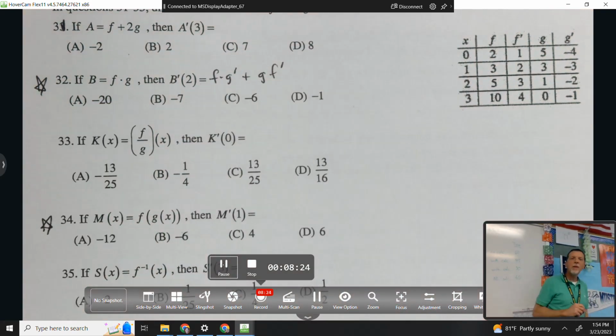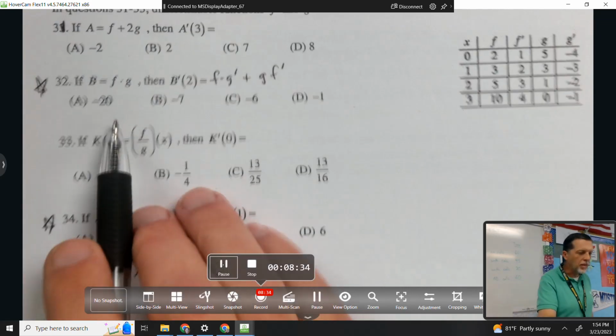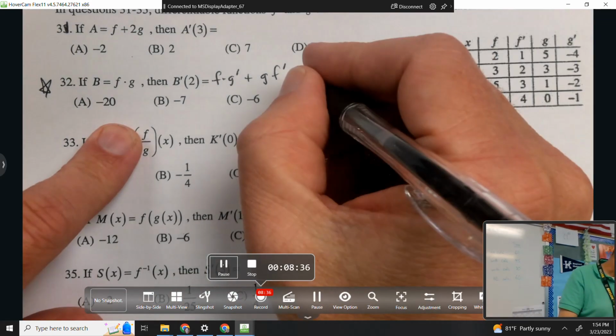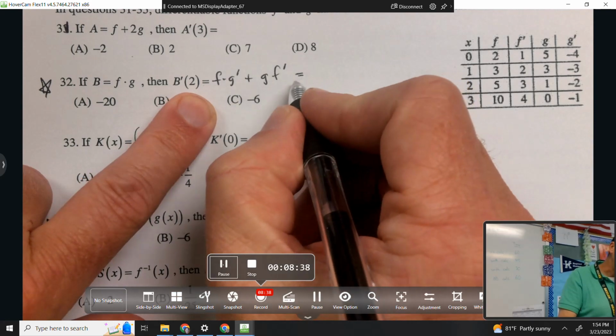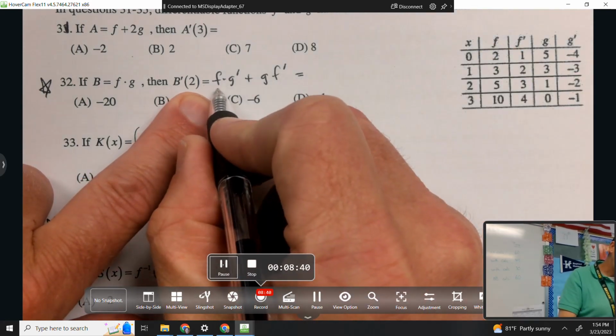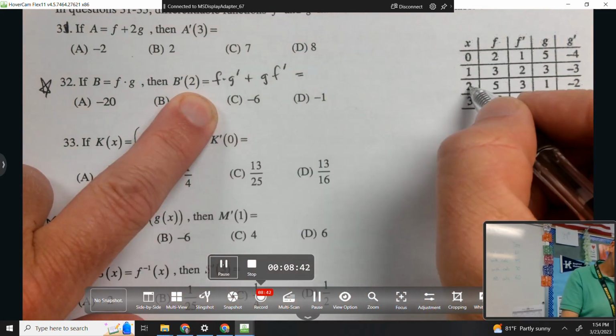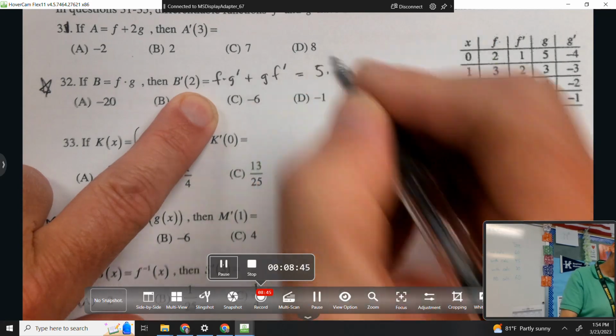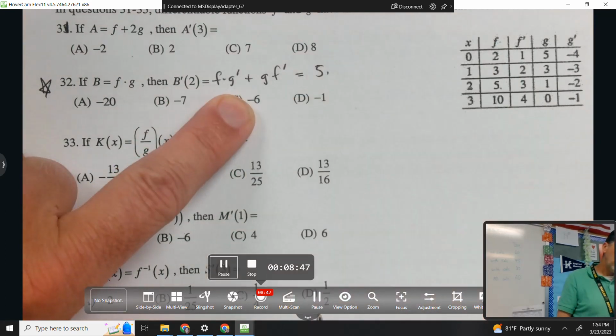So somehow product rule with equations is easier than product rule with just letters for some people. But this is a product rule problem. So now we've got to look at 2 for all of those things. So F at 2 is 5. G prime at 2